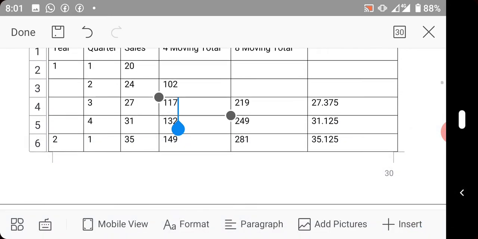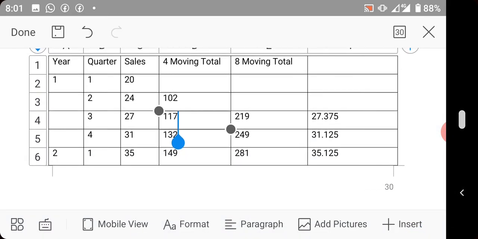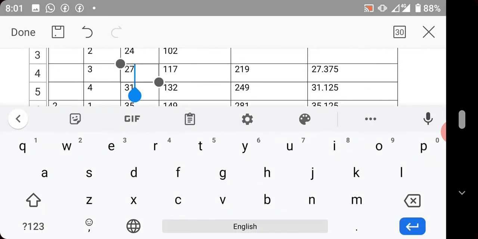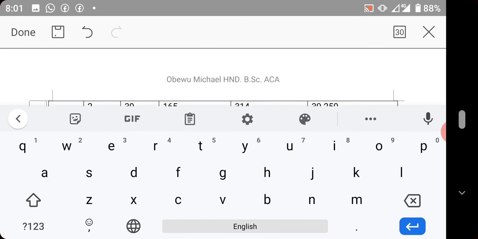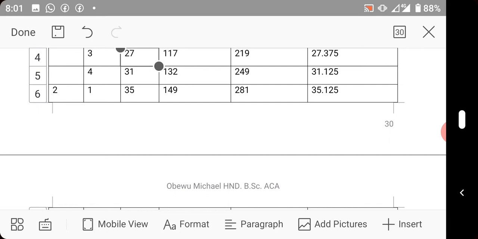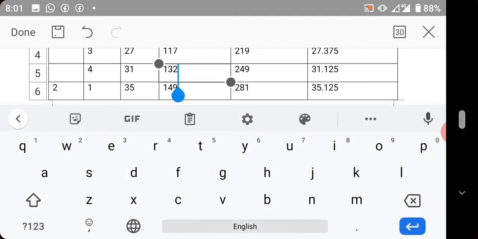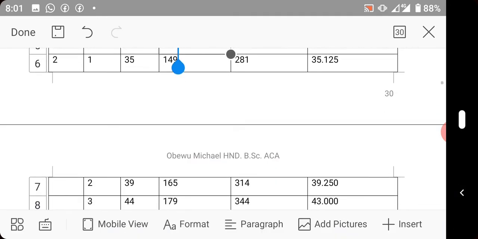To now get 132, you don't add the first 2 numbers. You start from 27 plus 31 plus 35 plus 39. You write it here, 132. Now, that is how you do until you finish up